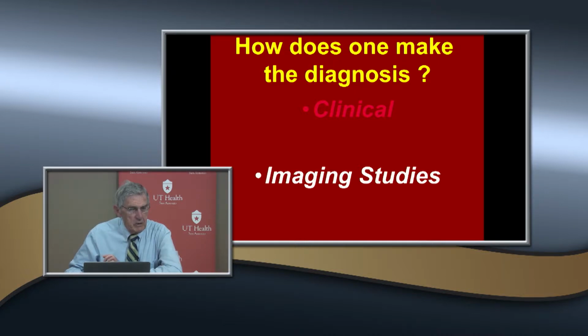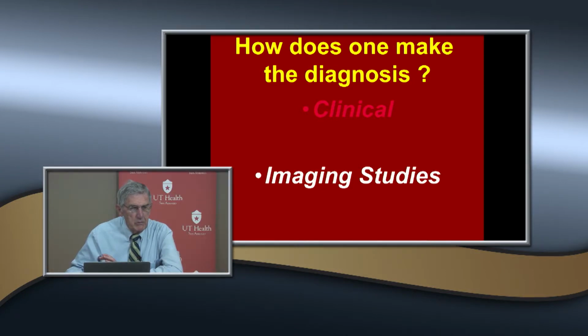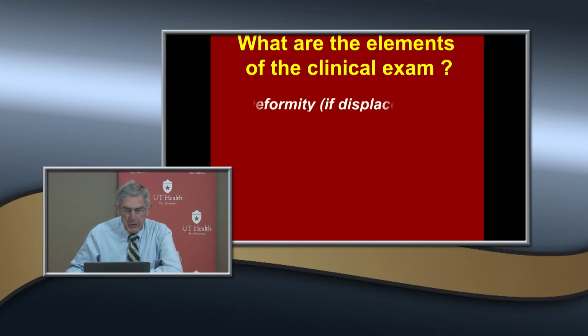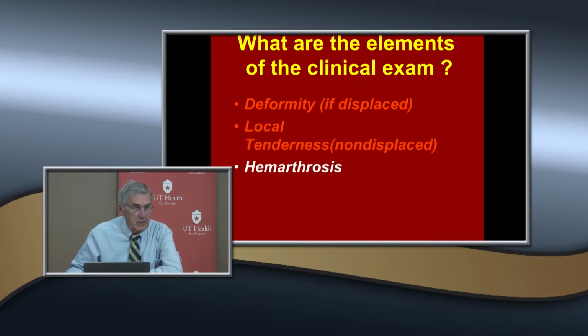And once you do your clinical diagnosis and you have a presumptive diagnosis, what's the second step? Get an X-ray. Yeah, and what's the purpose of an X-ray? It's really to confirm it. You've made a clinical diagnosis based upon the history and the physical examination, and you need to confirm it, and that's where you use X-rays. So, the elements of the clinical exam: if it's displaced, they'll have a deformity, and certainly local tenderness over the physis. Some of them are non-displaced, or some of them get displaced and reduce